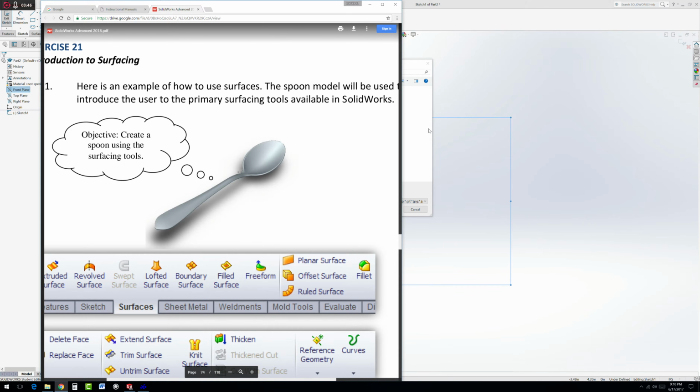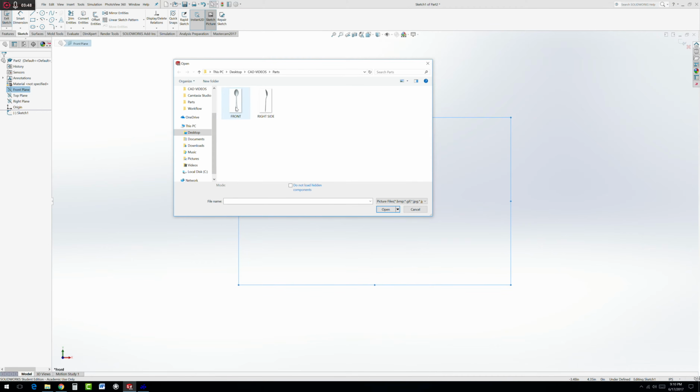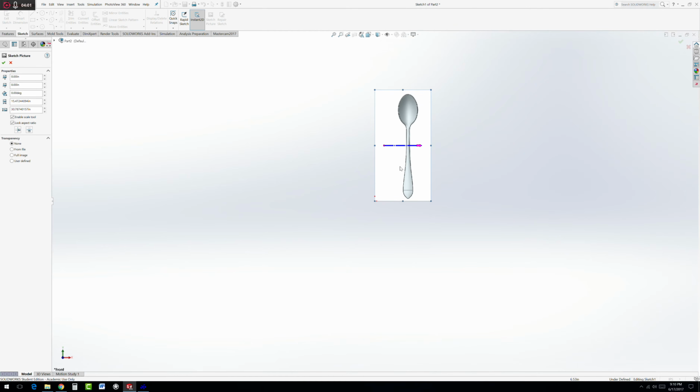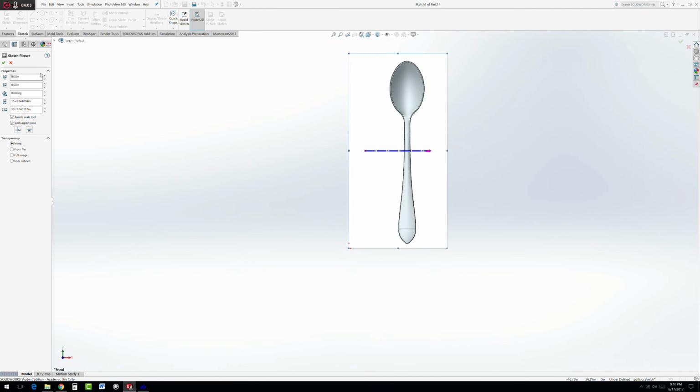Okay, so moving along, these images are in there too under part files. I'm going to grab the front, and you could easily take a photograph too of the front of your spoon and the right side and do exactly what I'm about to do. I'm going to open this image up. You'll see it will drop in. I could scale it or do whatever I need. But before I do that, I'm going to cancel out of this, hit the green check